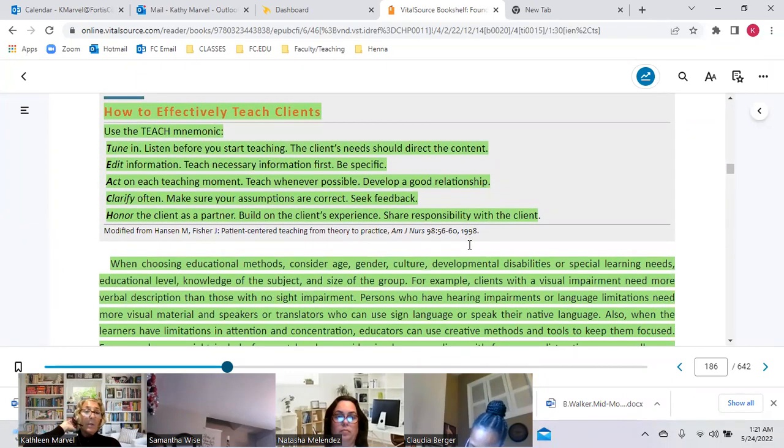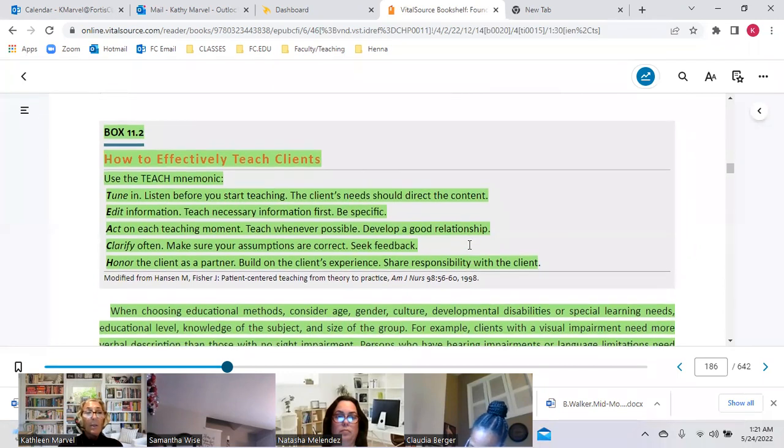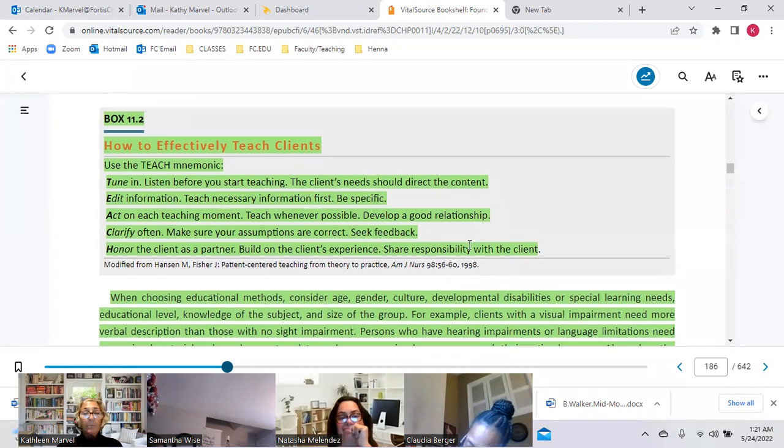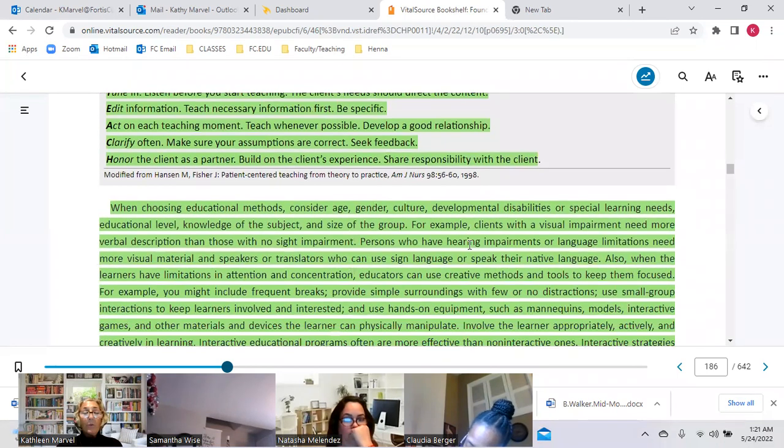Here's a good teaching mnemonic, box 11.2, on how to effectively teach clients: tune in, edit, act, clarify, honor. When we're choosing different educational methods, there are so many things we have to take into consideration: age, gender, culture, ethnicity, developmental disabilities, special learning needs,